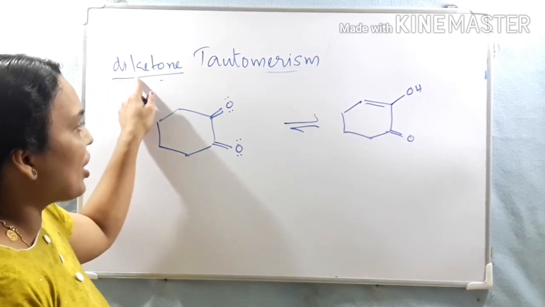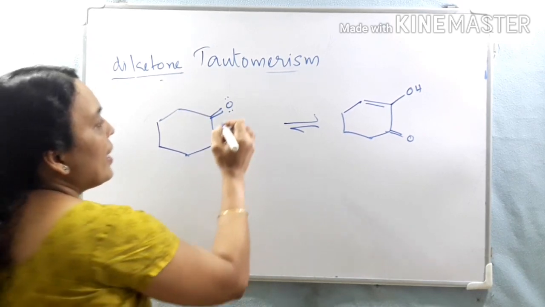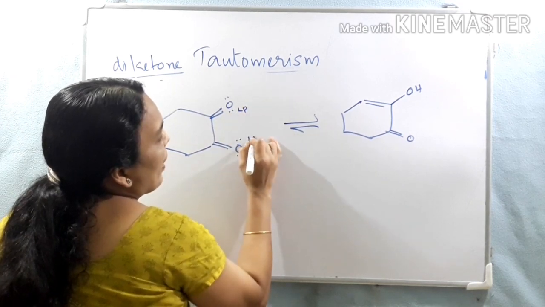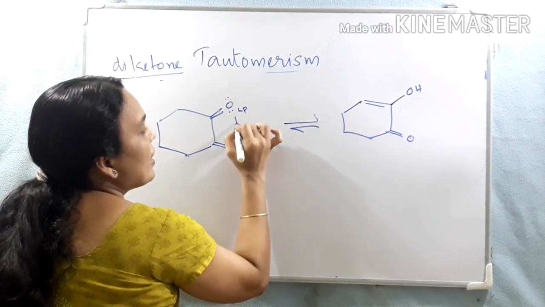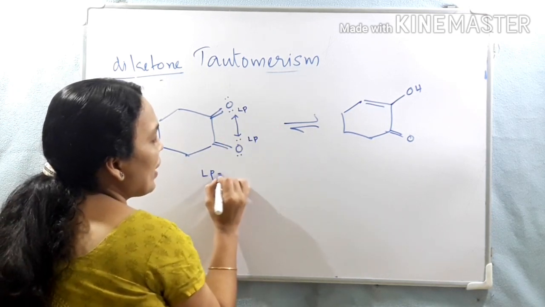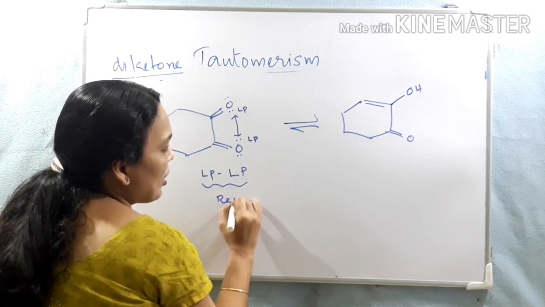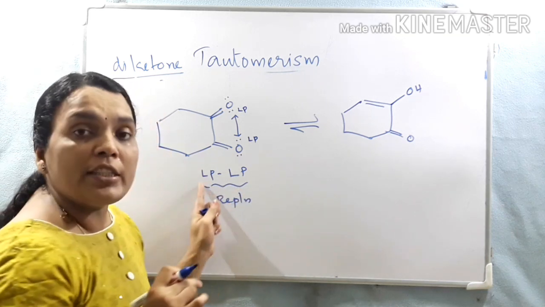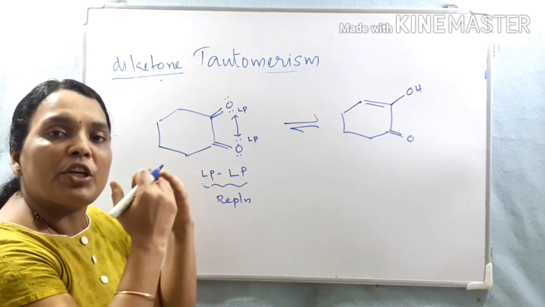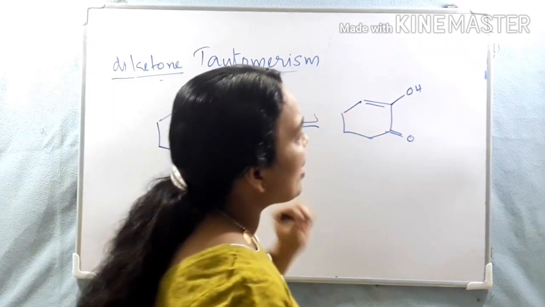But remember, in this case, there is a lone pair present on each oxygen atom. There is a possibility for lone pair repulsion. Due to this lone pair repulsion, the stability of keto form is decreasing